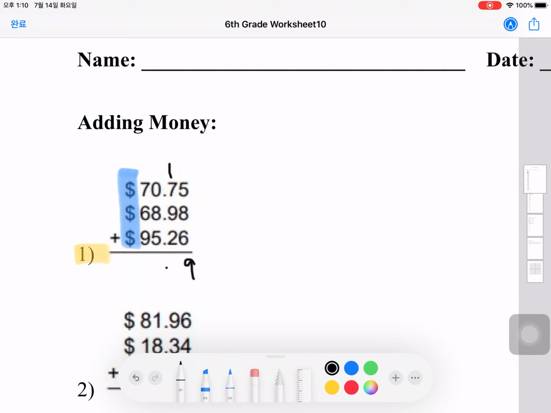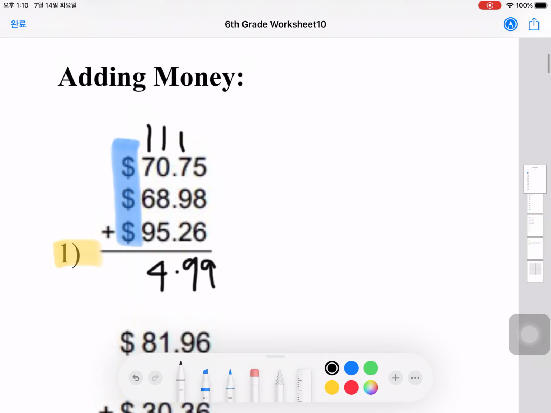Next is 7 plus 9 plus 2. 7 plus 9 is 16, plus 2 is 18, and we add the 1 we carried earlier to get 19. Now, 0 plus 8 plus 5, that's 13, and we add the 1 to get 14. 7 plus 6 plus 9. 7 plus 6 is 13, 13 plus 9 is 22, and we add the 1 again to get